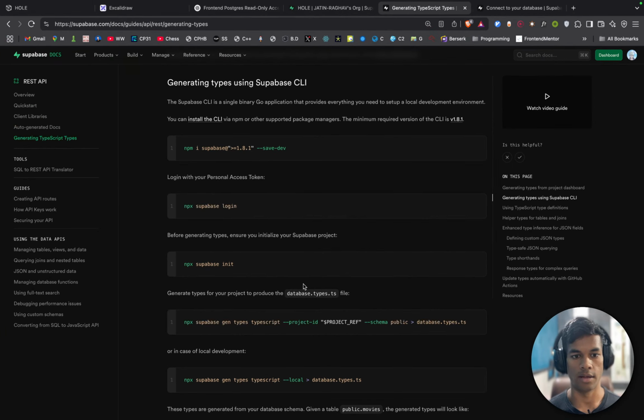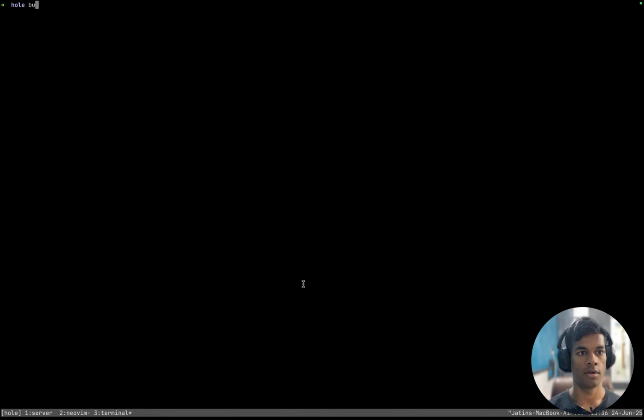Clear. npx supabase init. Generate VS Code settings for Deno? No. Intellij settings?